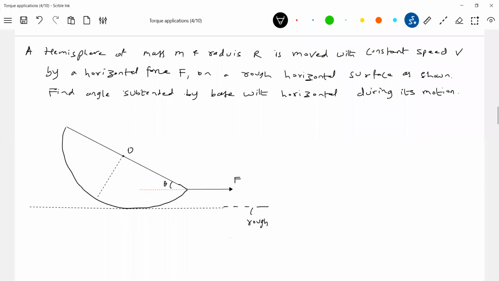and radius r is moved with a constant speed v by horizontal force F on a rough horizontal surface as shown. Find the angle subtended by the base with the horizontal during its motion. Now, till now, all the problems we took,